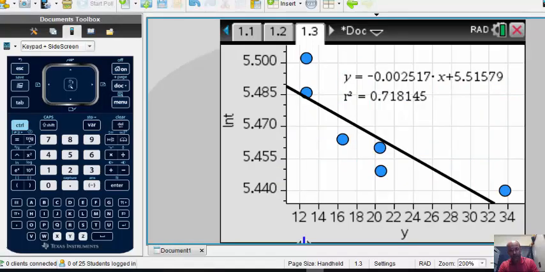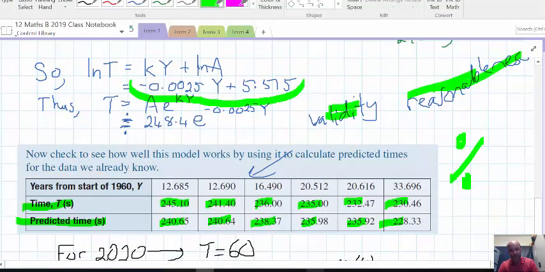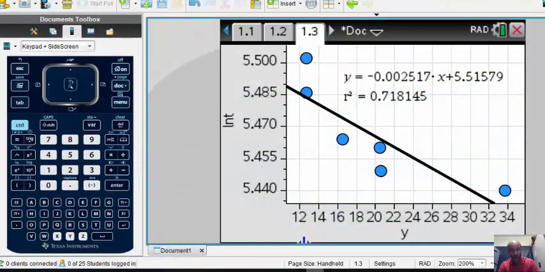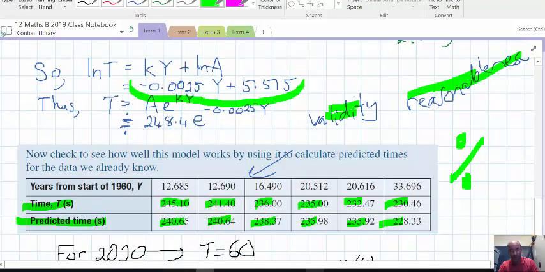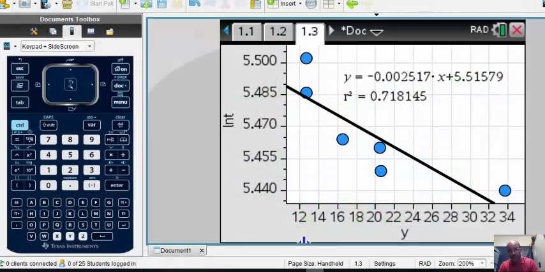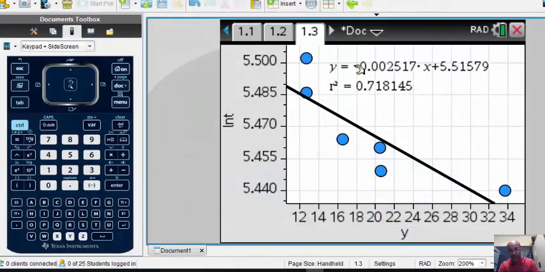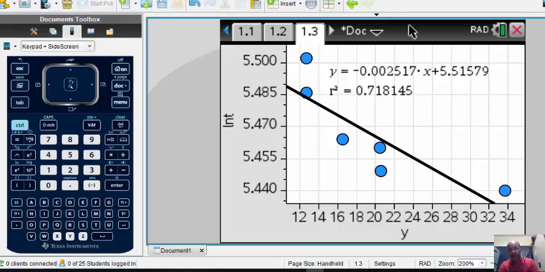The linear equation was this one here, and if we compare that to what you see there, you got 0.002517 for the gradient, and that's close to what we got, and approximately 5.52, and we got 5.52, so pretty good. So it works well, and we're comparing it against